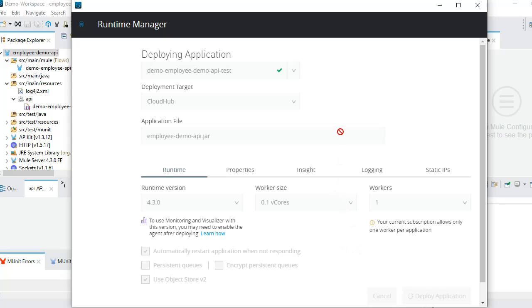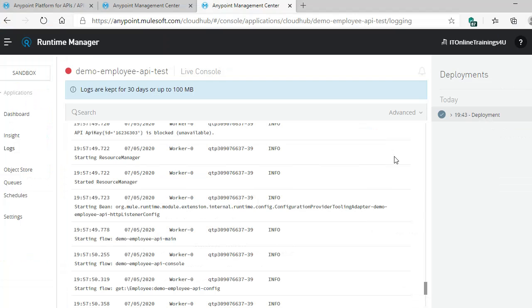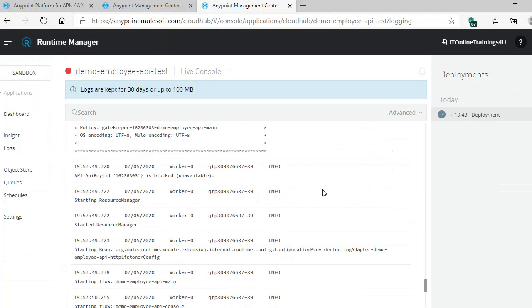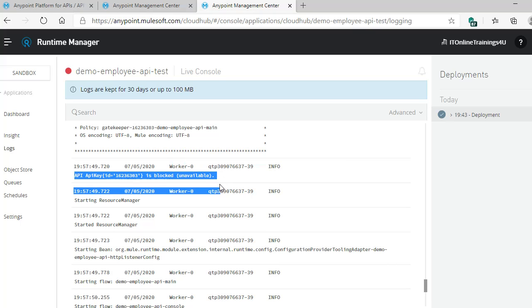Once this is up, then I'll resume my video. Yeah, so once we deployed our application, our application is failing with API key is blocked.